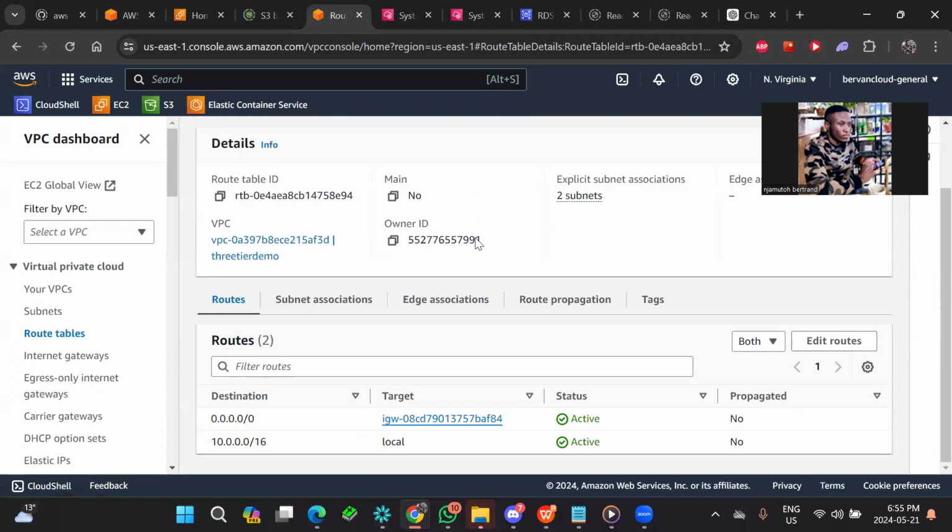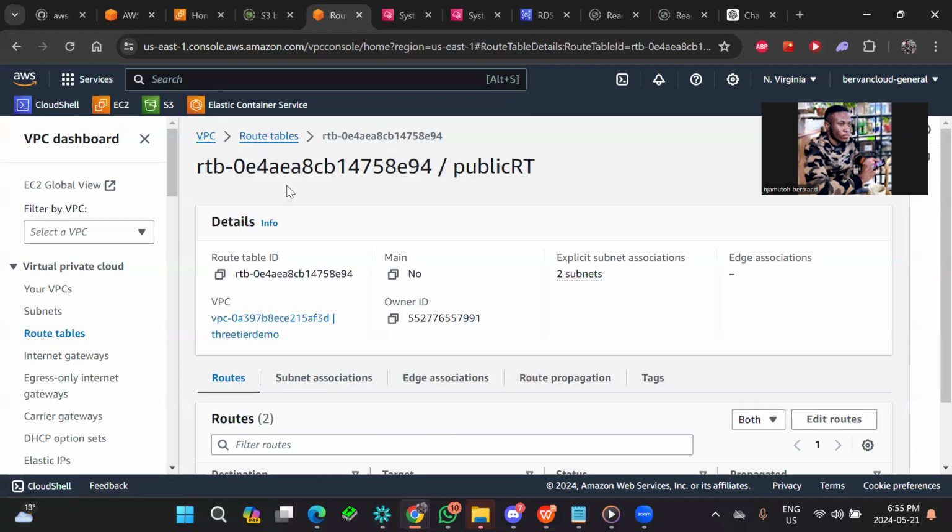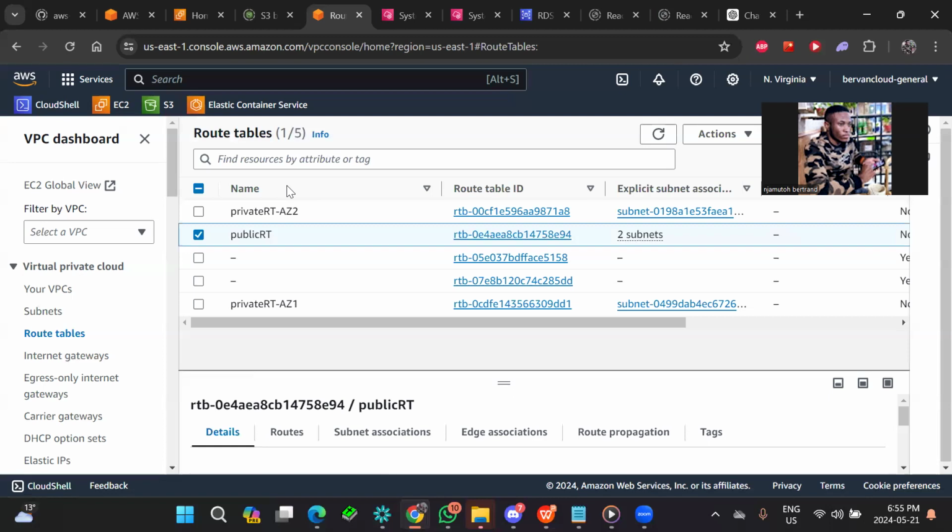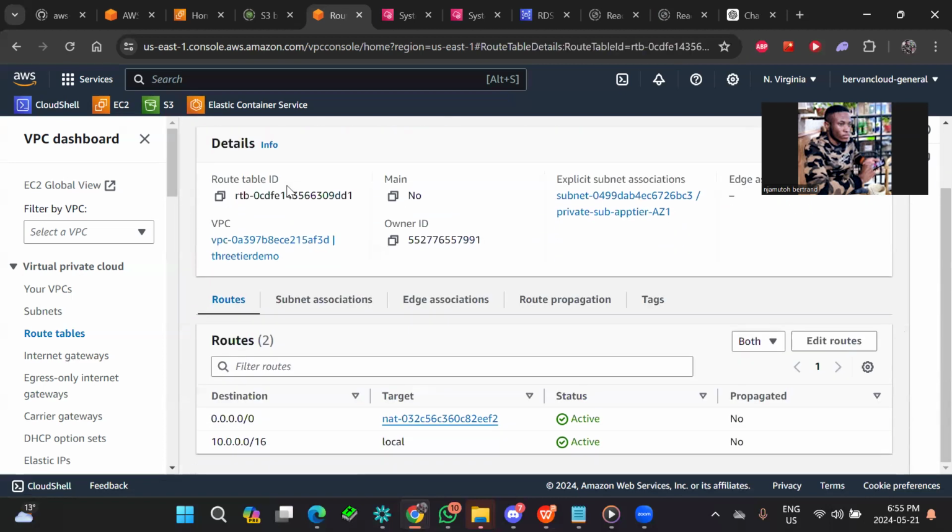Now the subnet is configured like this. It has a destination and a target, which simply means that the traffic coming from our web tier EC2 instances is going to be directed to our internet gateway, and the internet gateway is going to send it to the internet. Meanwhile, for the private route tables, we are going to have the target as our NAT gateway,